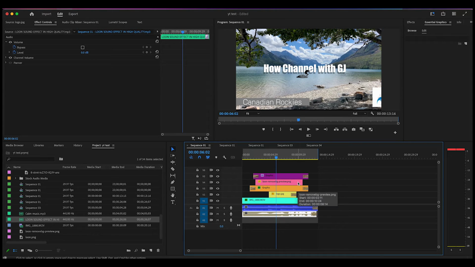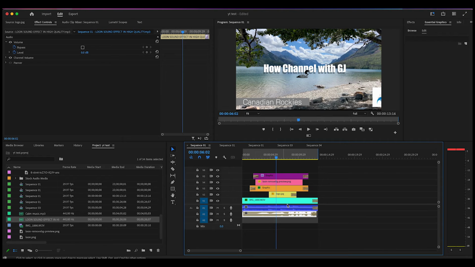But the nice thing about it is it's not just so that it looks pretty on your screen. It's so that you can have a better workflow. And so if you do this with every project, and I encourage you to write down your own color code chart so that no matter what project you do, like for instance in my case here, I would make a color code project that all my lower thirds here are purple, and that all my PNGs are rose color or pink, and so on,